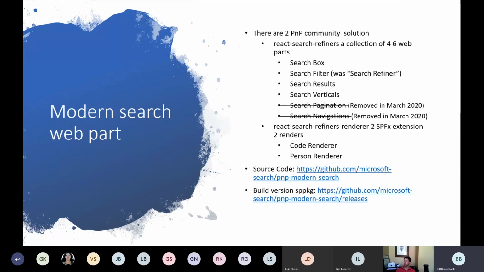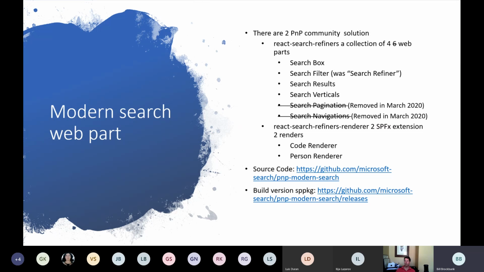So this is what we get to do the work. I'll just call out, there's 2 links on here down below, and you'll find what you want for all the information around what I'm showing in the Microsoft search site. It's not a repo, it's the site that contains 3 repos, and one of them is the search modern web part.